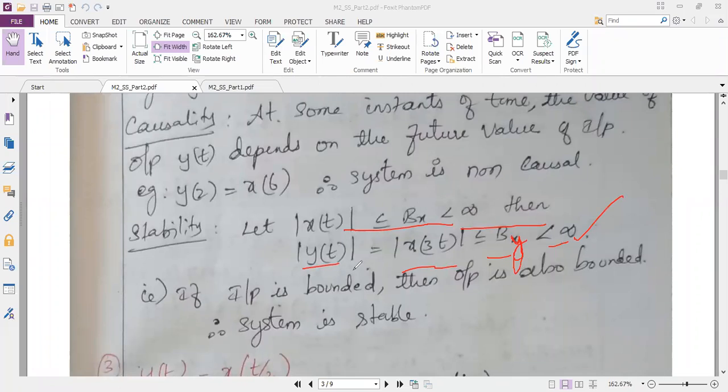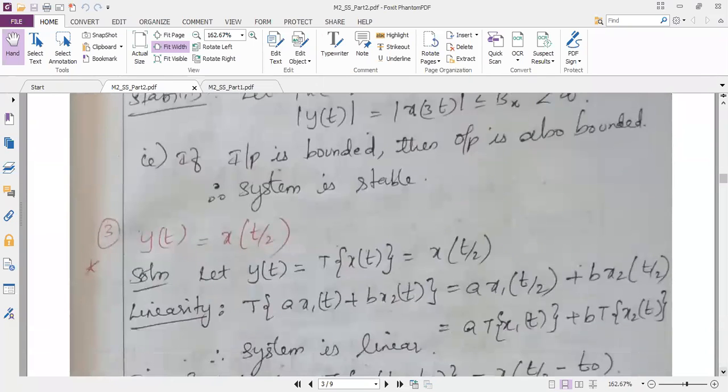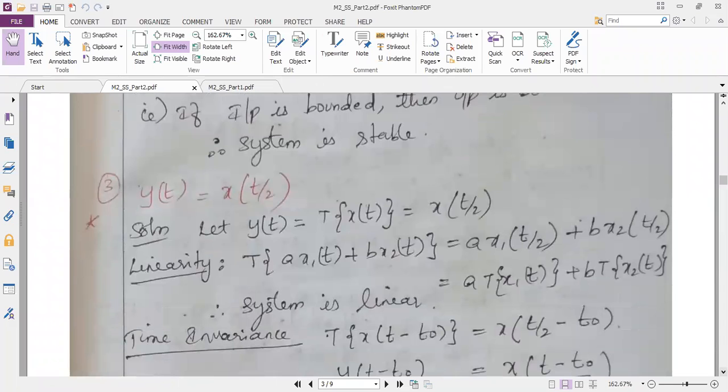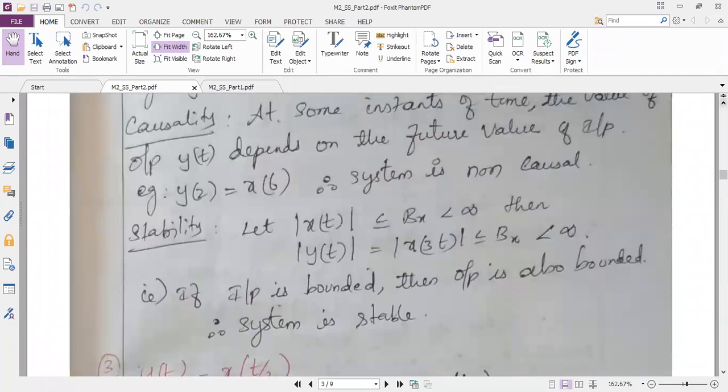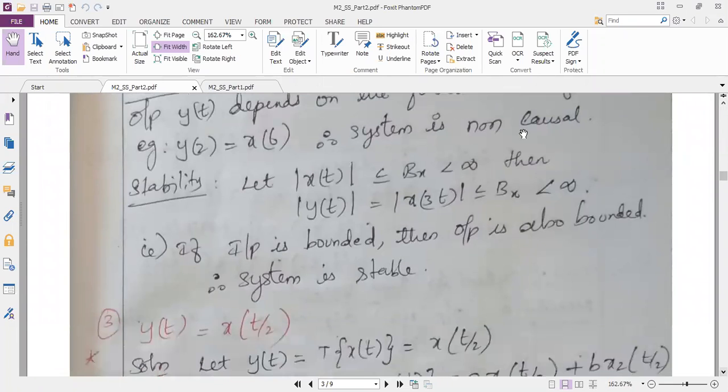So with this, I will just stop the class. Tomorrow I will continue. I have 6 more problems, and out of those 6 problems I have marked a star for some problems. Those are problems I have seen in question papers. So far we have seen 2 problems, and those 2 problems are not too tricky. Further problems have equations that are a little complicated, so it is a bit tricky. We will continue the discussion in the next class.